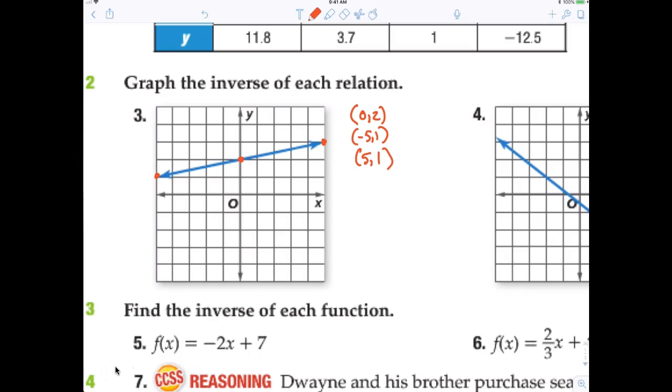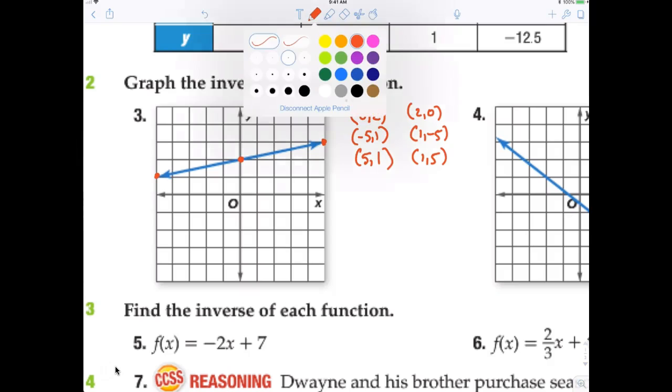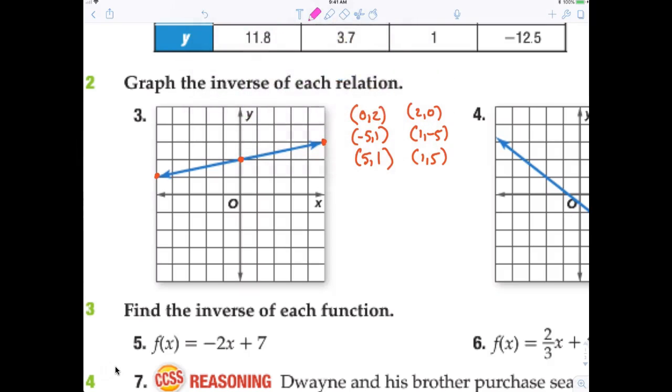So those would be points that are on the graph. Do you agree with that? So to do the inverse, it would just be what? 2, 0; 1, negative 5; and 1, 5. Now I'm going to go ahead and print that out as 2, 0; 1, negative 5;